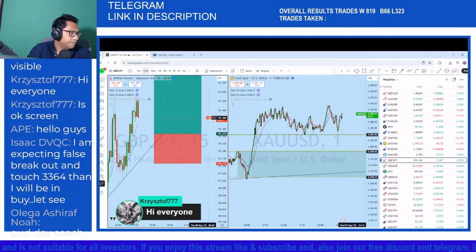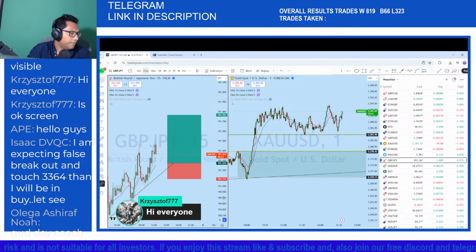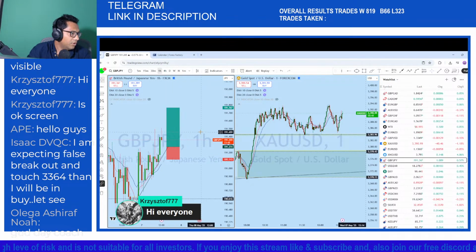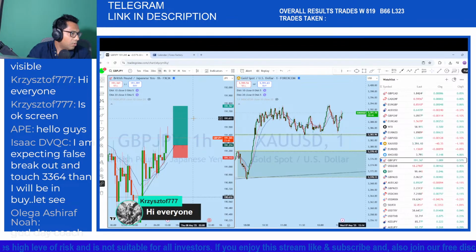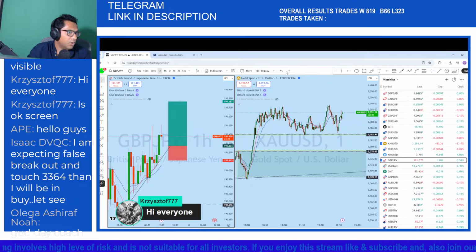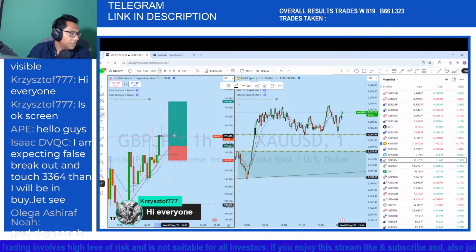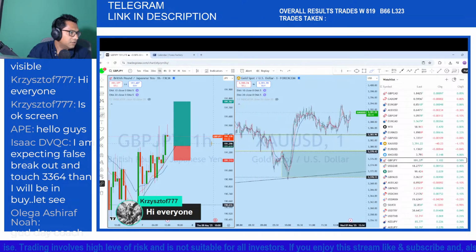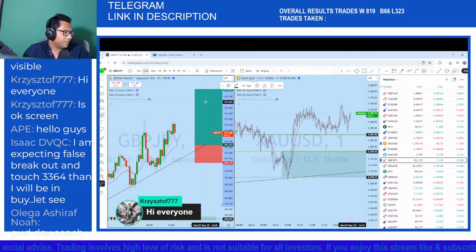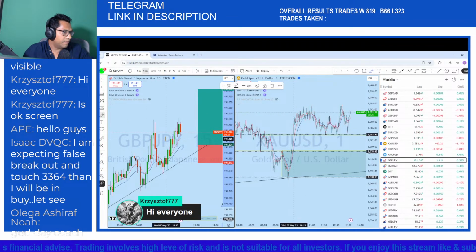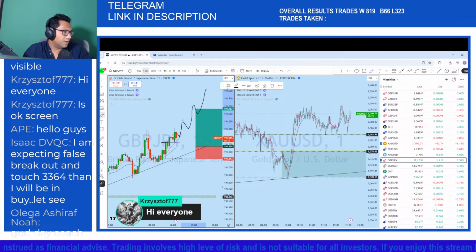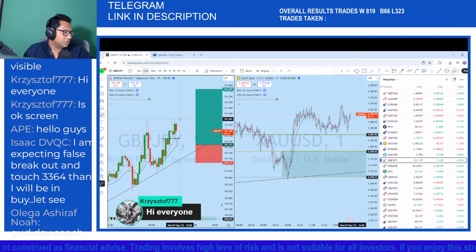GBP JPY was having a trend, and with this trend here, you can see this is a 1 hour bullish engulfer. From the 1 hour GBP JPY, it's a pretty massive bullish engulfer, and we had this trade here on the 15 minutes. If you look here, you can see there was a 15 minute bullish engulfer. From that zone the market was trending,